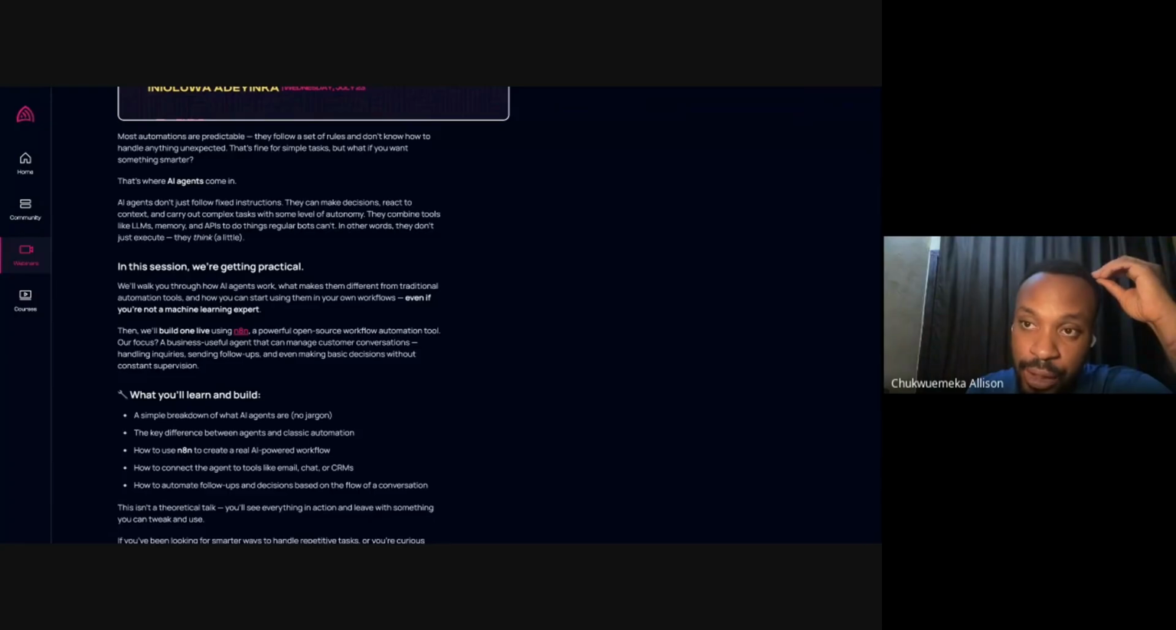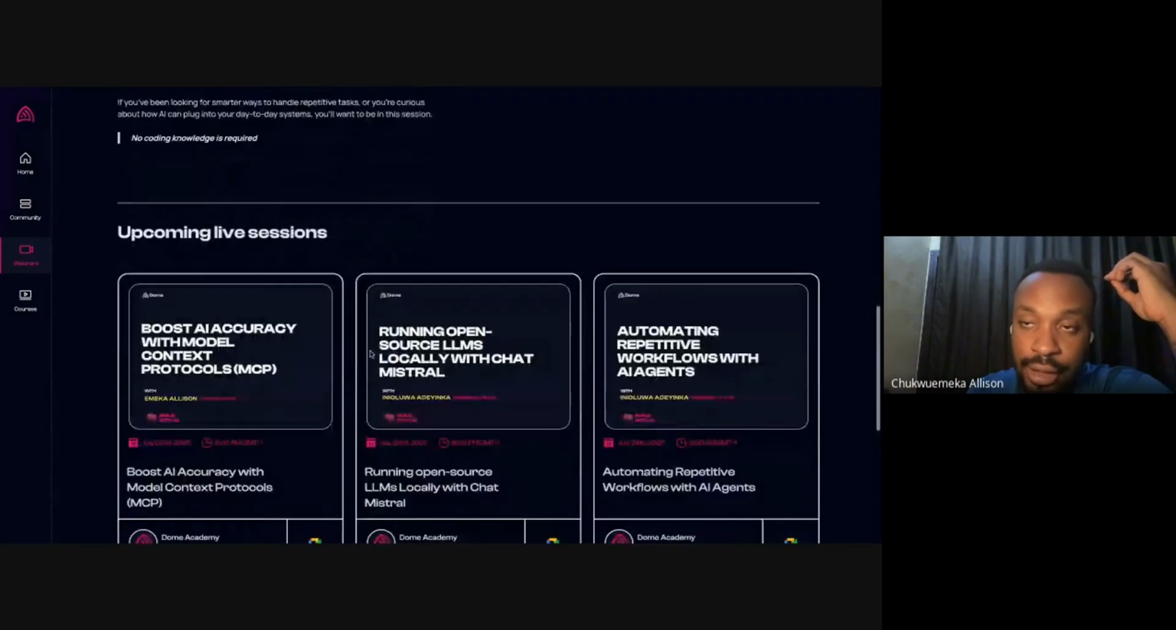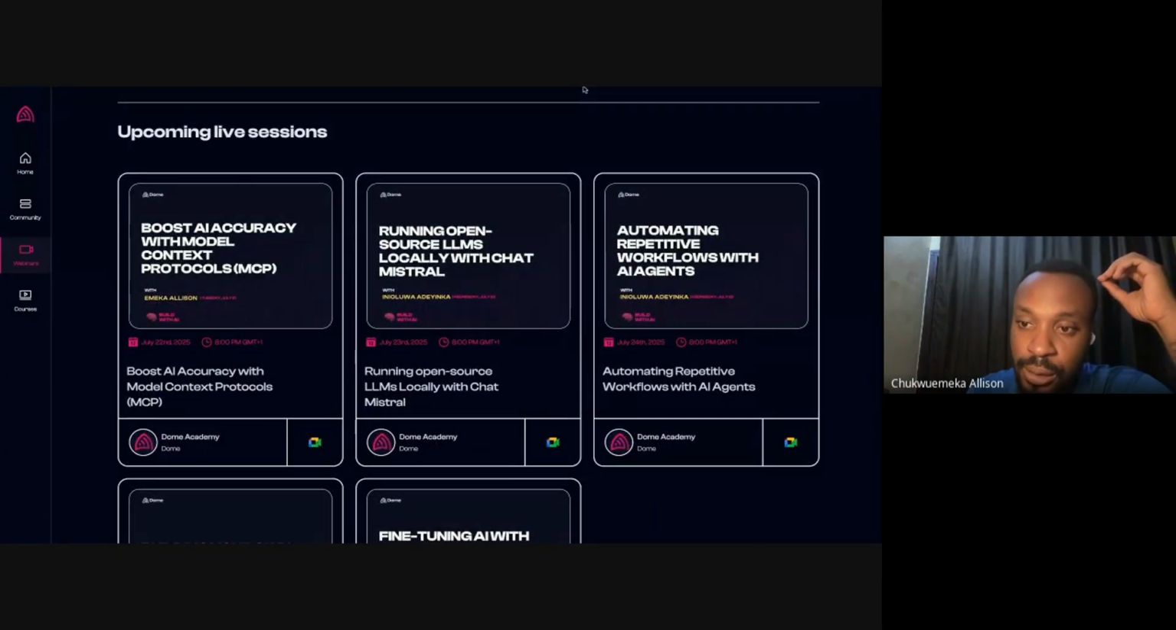So we're going to go very practical. We're going to be using N8N, a powerful open source tool for automation. And you don't need to code. There's no code that's going to be involved. It's just going to be drag and drop. There's going to be GUI stuff, but it's going to be very effective because it can serve as an alternative means